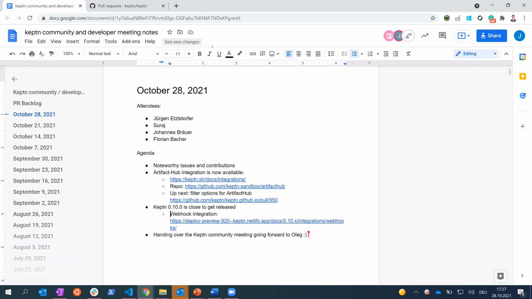But I will be taking over basically community meetings, but regarding all other kinds of maintenance contributions, I will go through the contributor ladder for Keptn. So I will be working in the community like any other contributor. And I think all the changes, if I understand correctly, will definitely be beneficial for the community to get more involved